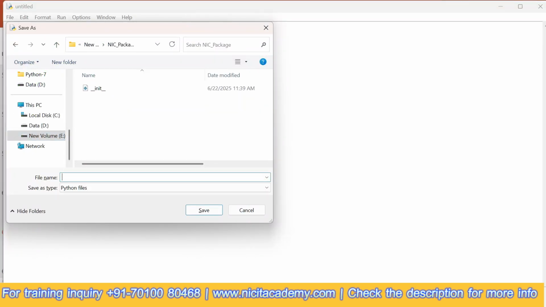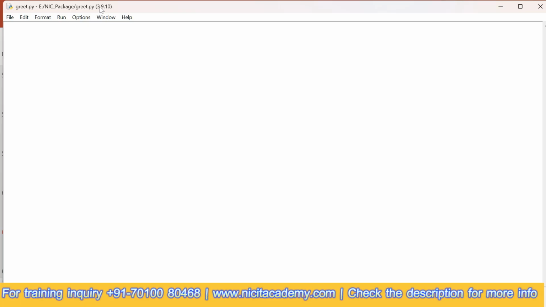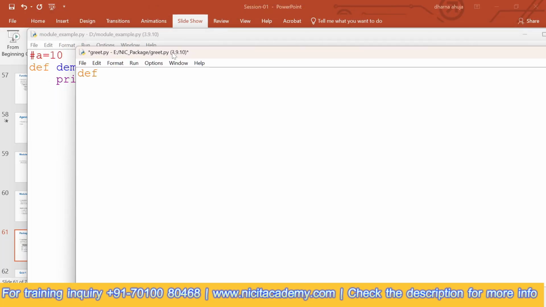So let's say I give the module name as greet. So I'm going to create a function here. And let's say it is having a parameter, and I'm returning that parameter. Okay. Now what I want is, I want to call this function outside this package.